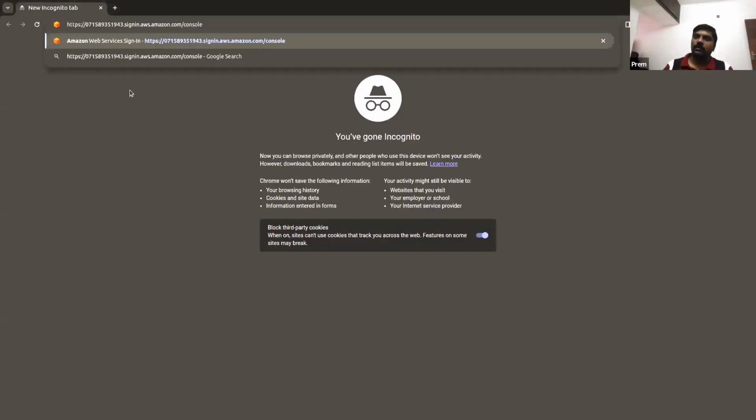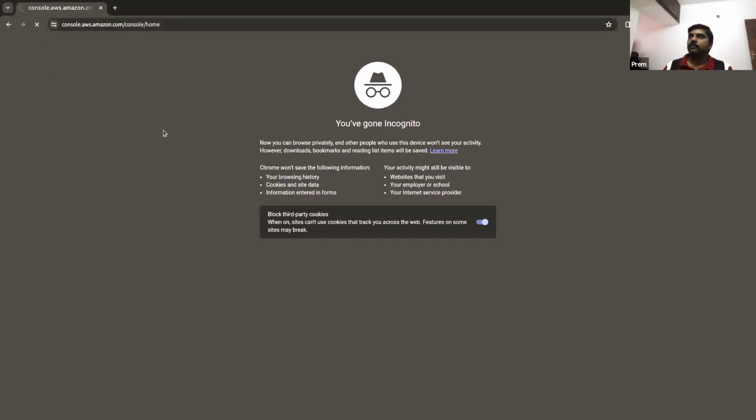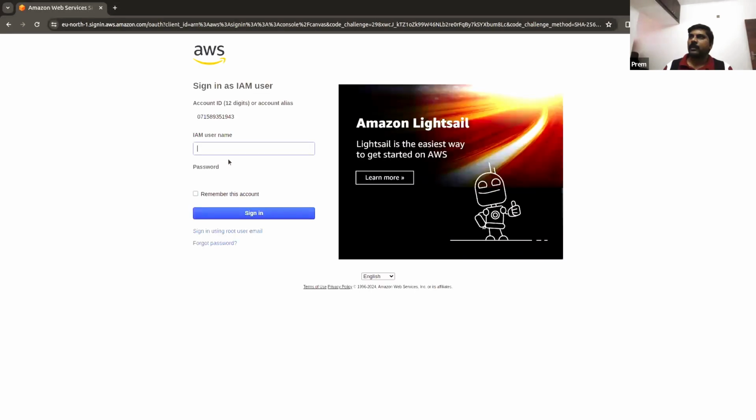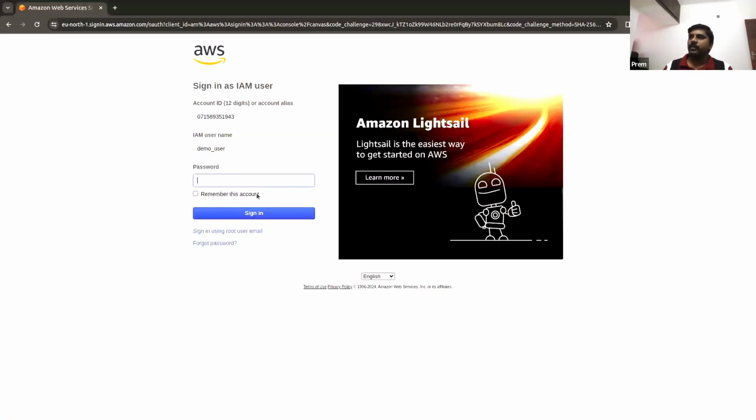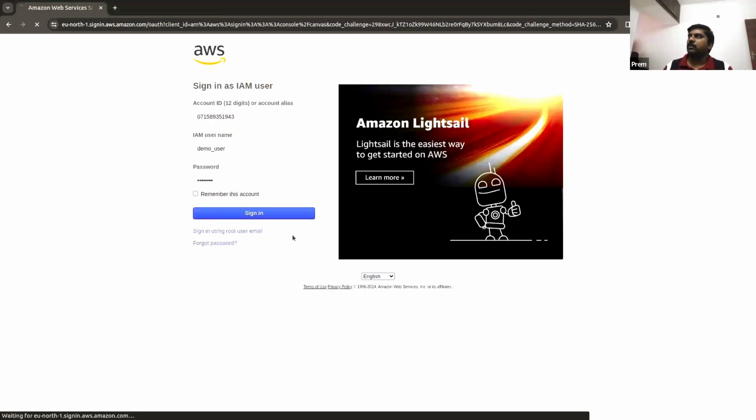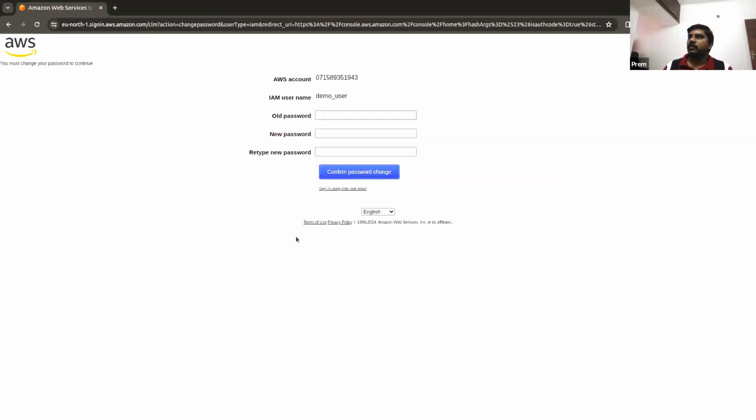Copy here. It filled in the account ID, demo user, and password. I'll put that in and sign in. It will ask me to reset the password. Let me do that.